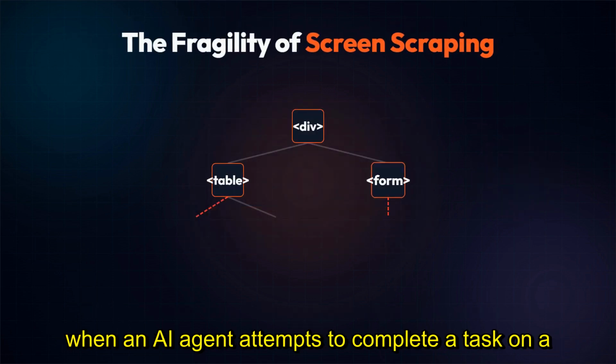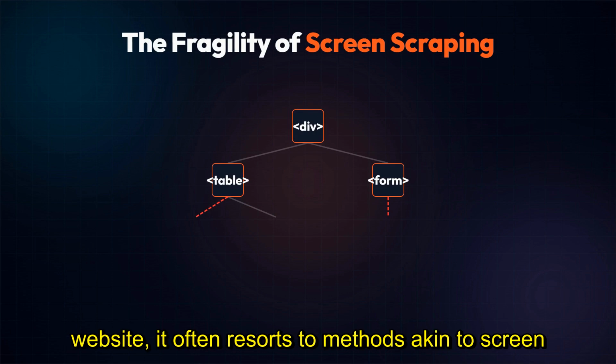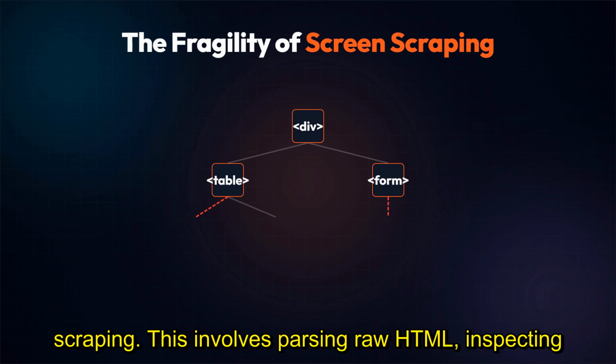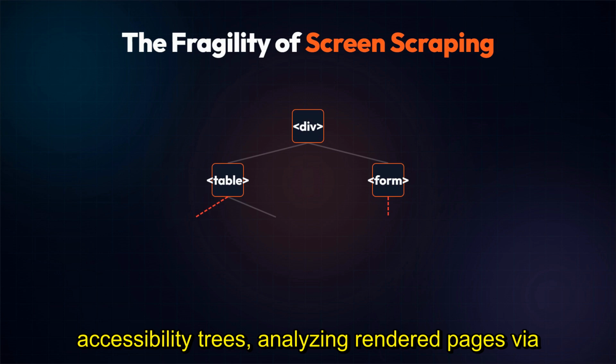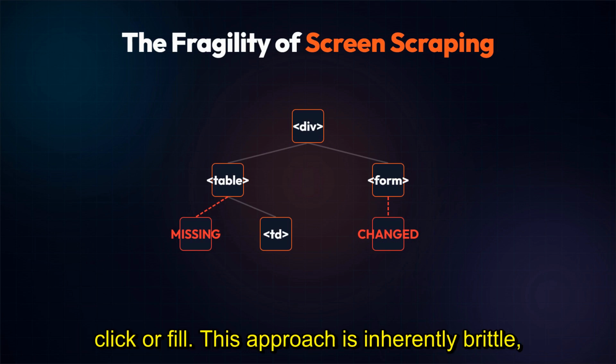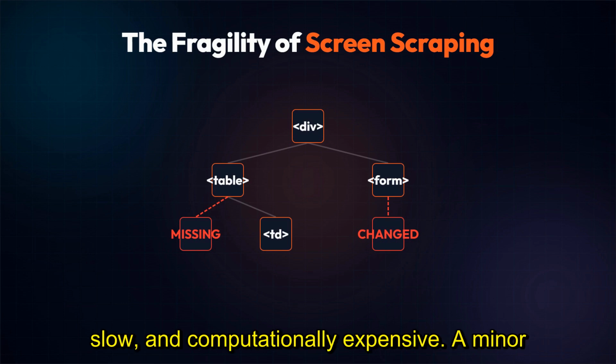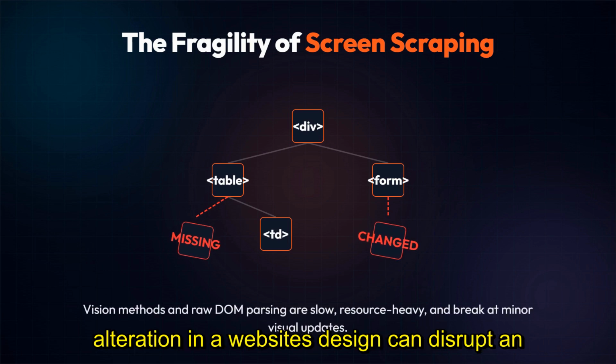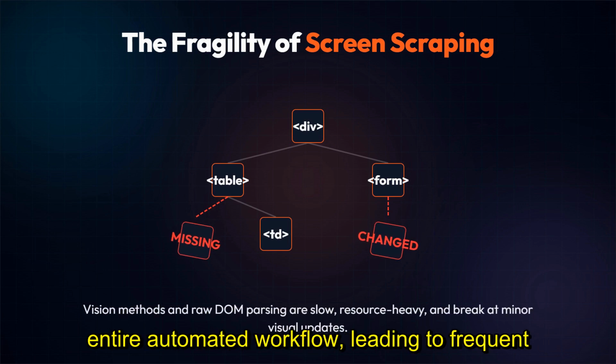Today, when an AI agent attempts to complete a task on a website, it often resorts to methods akin to screen scraping. This involves parsing raw HTML, inspecting accessibility trees, analyzing rendered pages via screenshots, and then inferring which elements to click or fill. This approach is inherently brittle, slow, and computationally expensive. A minor alteration in a website's design can disrupt an entire automated workflow, leading to frequent failures and a cumbersome